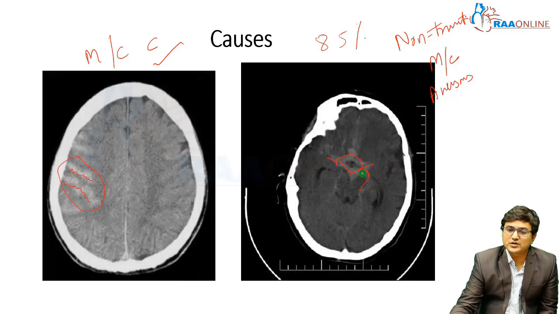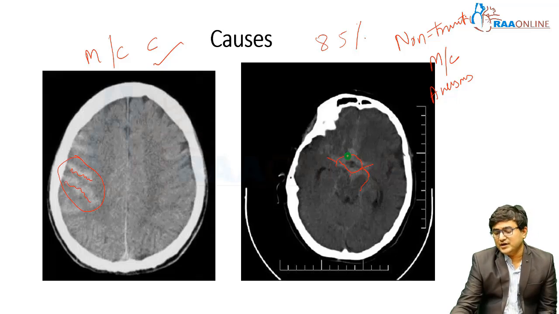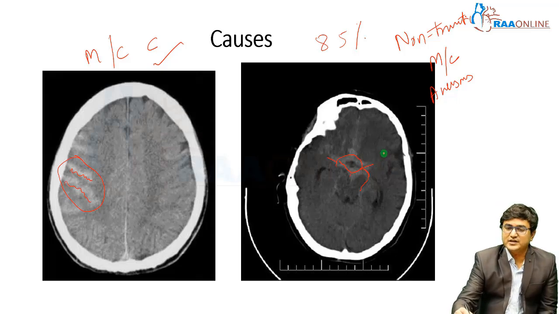Sometimes the patient might be brought with a history of trauma, a simple fall at home, and there will be blood in the basal cistern. At that point in time, we should not think that the subarachnoid hemorrhage is caused by trauma. It is probably because of a small aneurysm which has bled, probably a sentinel bleed which has not caused much effect to the patient. Always suspect an aneurysm when there is a basal bleed.